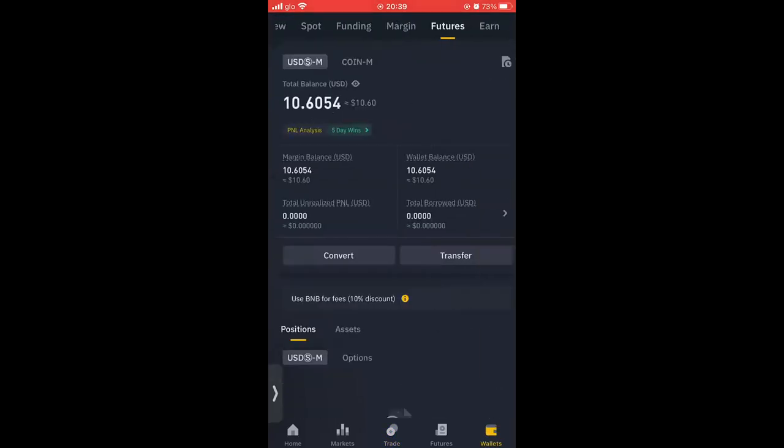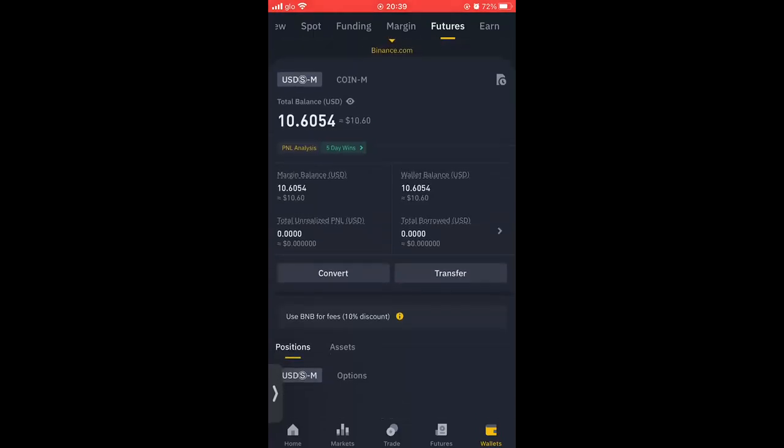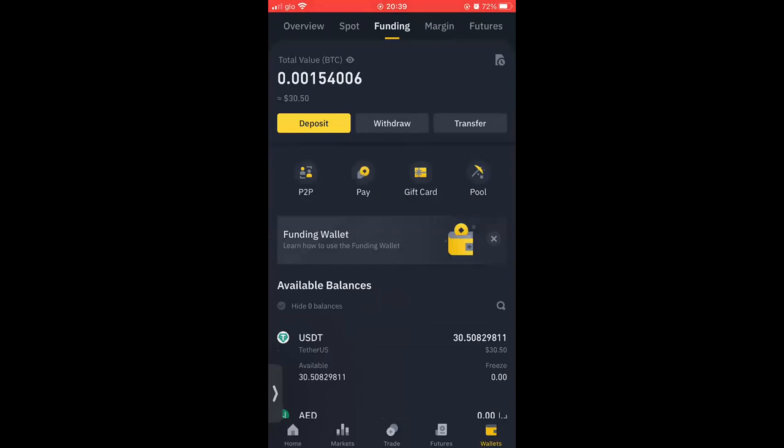Okay, so now I'm going to go to the futures part. Let's assume that I don't have any balance in my futures wallet, and I have a specific amount in my funding wallet.